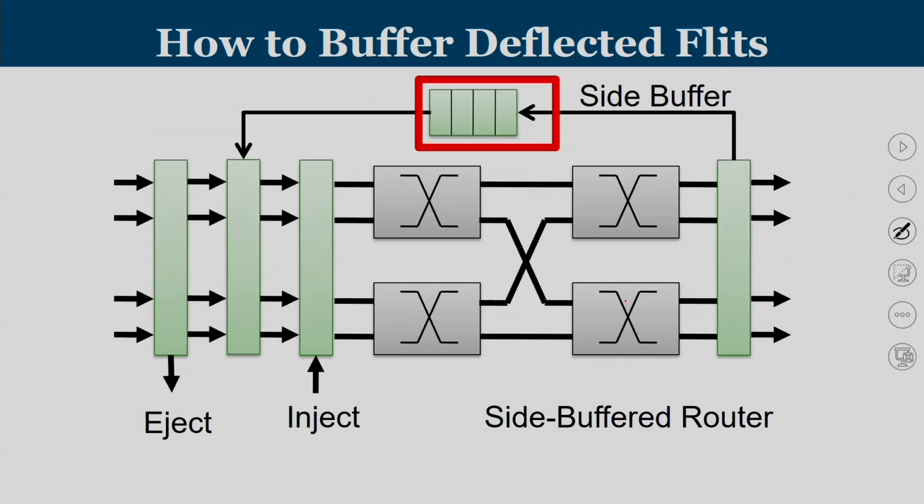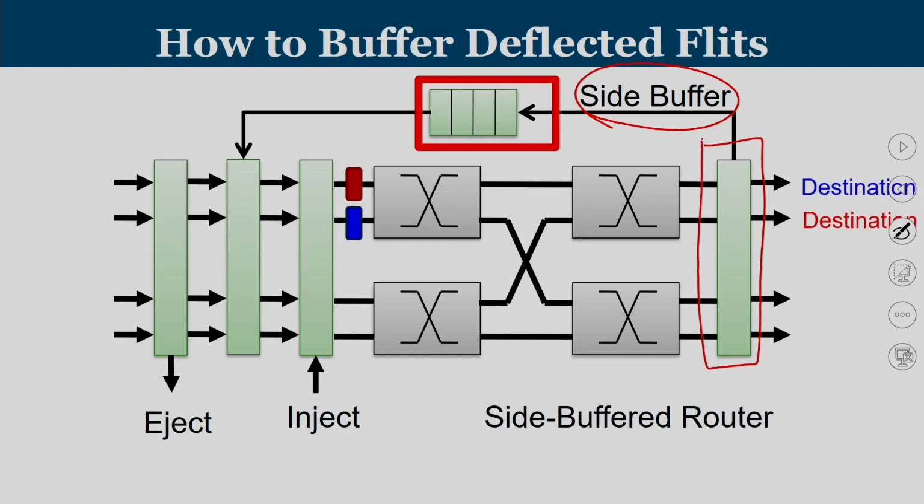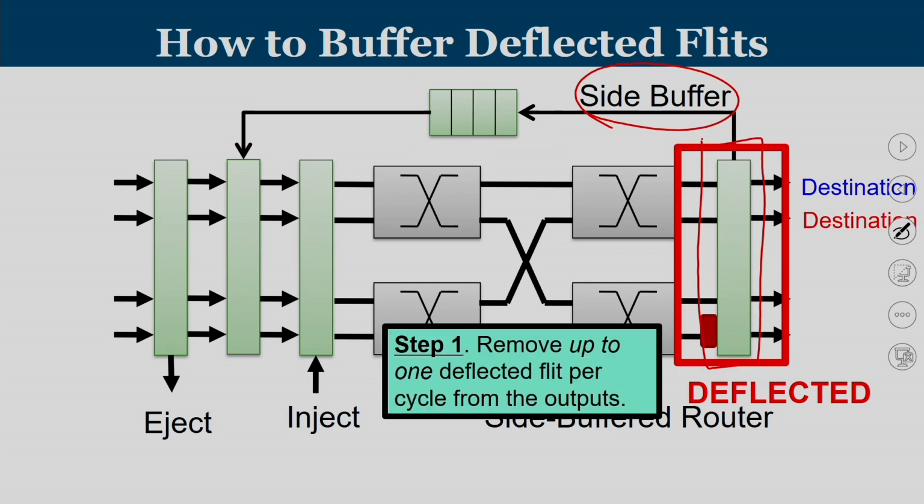So, this is something known as the concept of side buffers. There is a unit that is working after the parallel port allocation unit. Now, consider this scenario. You have the same two flits, the red and blue, that are going to come. The red got deflected out and then the blue is going to get the productive port. So, the blue is moving out. Now, what happens to the red?